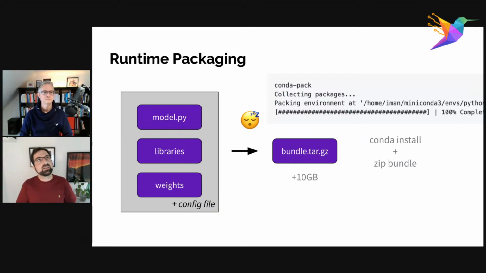If you have conda, it's notoriously slow itself. If you add that on top of the conda pack processing, plus the tarring of the bundle, it's a very slow process, and it can be a pain point. There could be a solution to this, but I'll show you later why that wasn't available to us